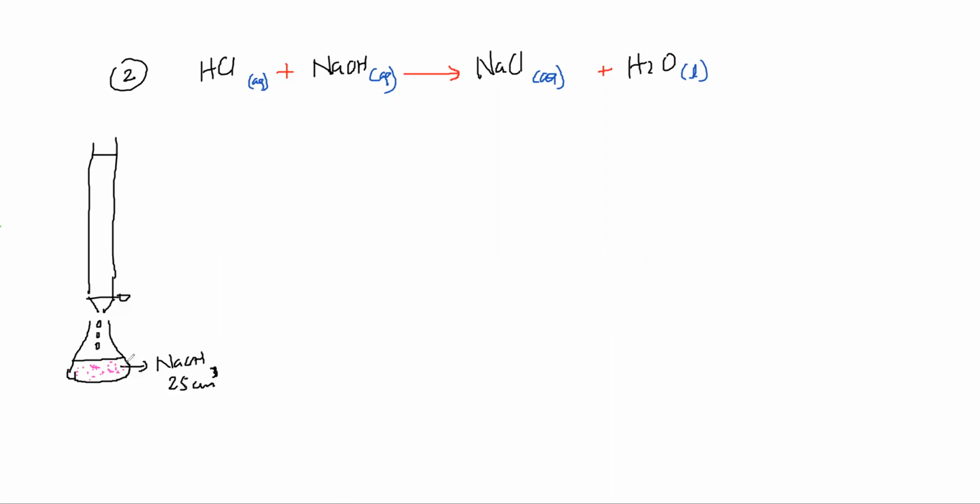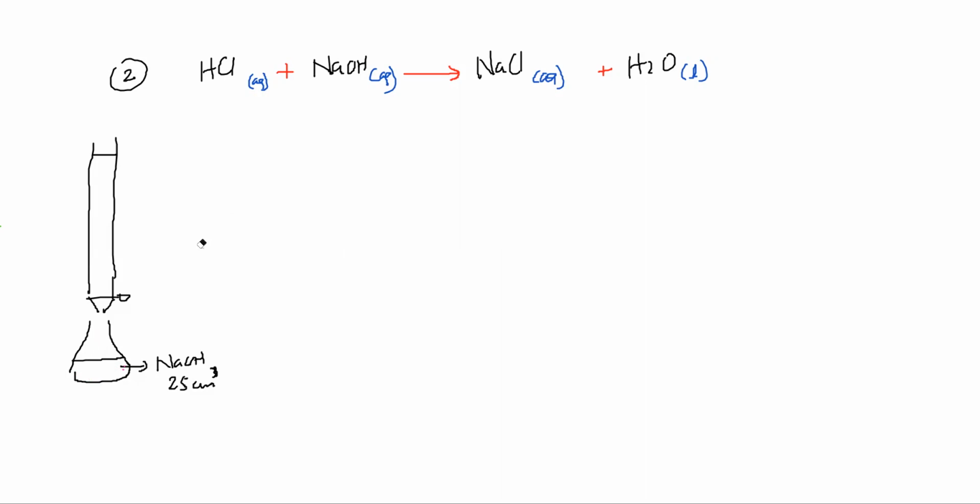So what will happen? Why was the indicator phenolphthalein pink in color there? Because it was in the base. Phenolphthalein is pink in the base. So what will happen when the added acid has used up all the base? Should the indicator be pink still? No. So what is the color of the phenolphthalein in acid? Colorless. So the indicator will change the color. It will turn colorless. So when it turns colorless, I immediately stop adding.